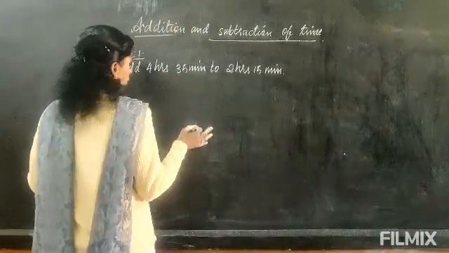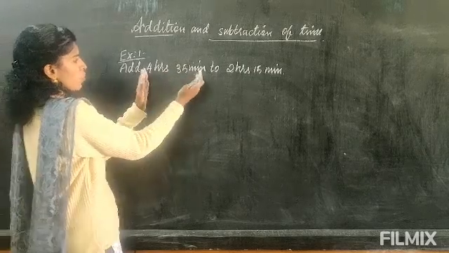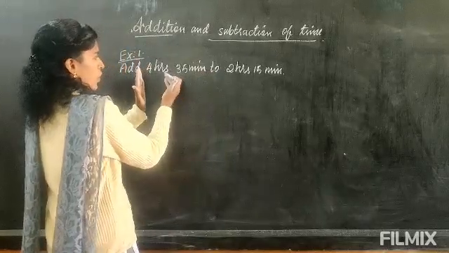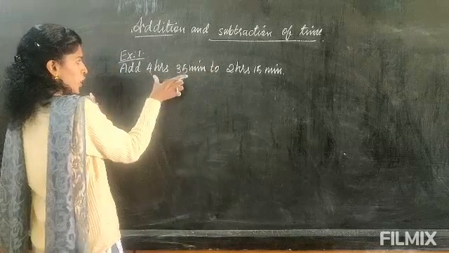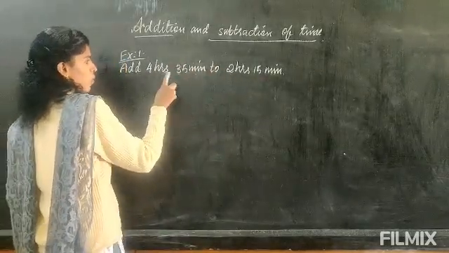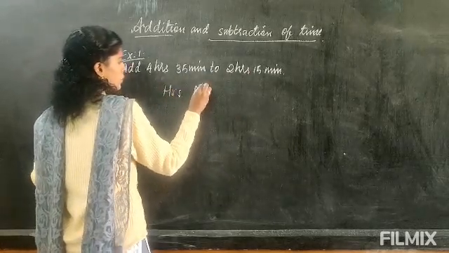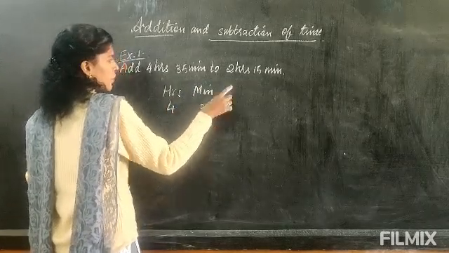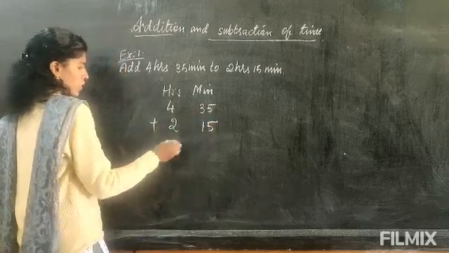Now you may not understand when I say it clearly like this. Now this is hours and minutes. So this is one measurement and this is one time. This is not separate. 4 hours and 35 minutes are not separate. Both are one time. So these two we have to add. Both are in hours and minutes. So let's arrange them in the columns of hours and minutes. Here 4 hours and here 35 minutes. And here 2 hours and here 15 minutes. So let's add this.